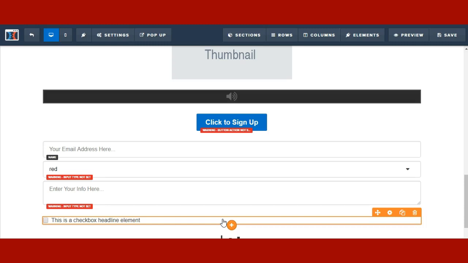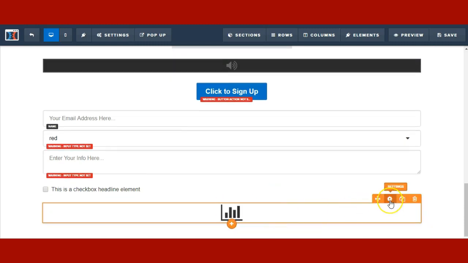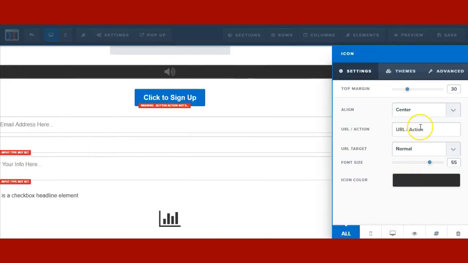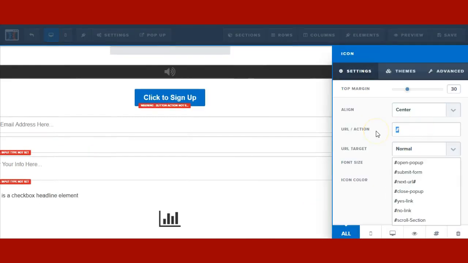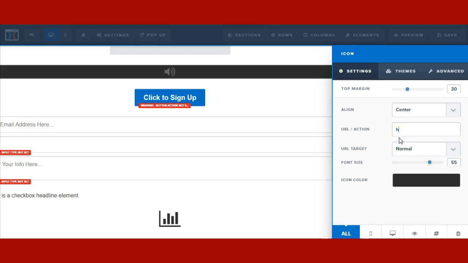Icons can be linked to other pages in your funnel or other websites, and entirely you can put in a link. So if someone clicks on the icon, let's say it will submit the form or open a pop-up, or